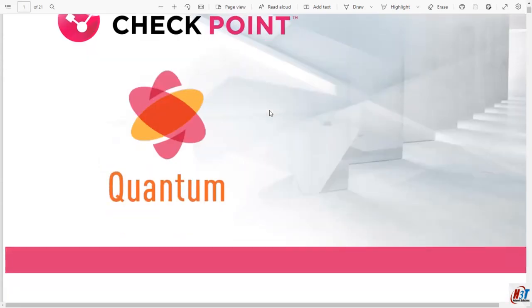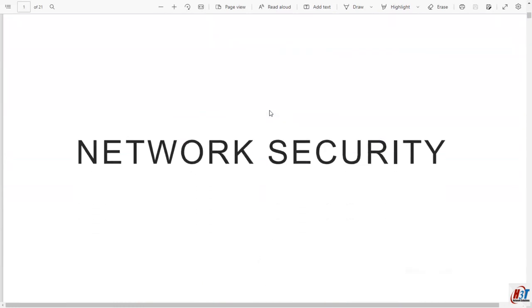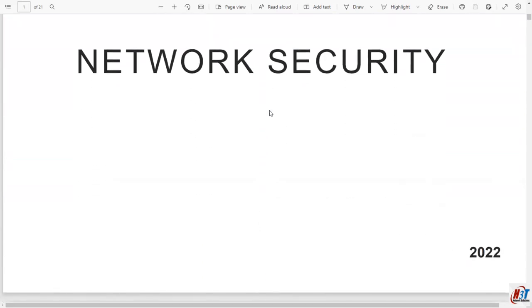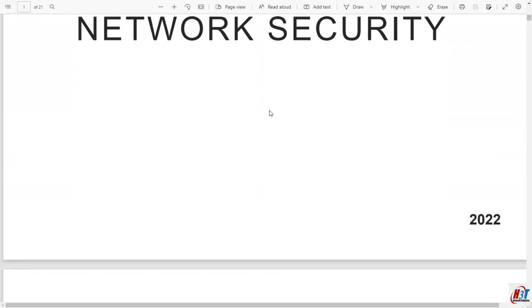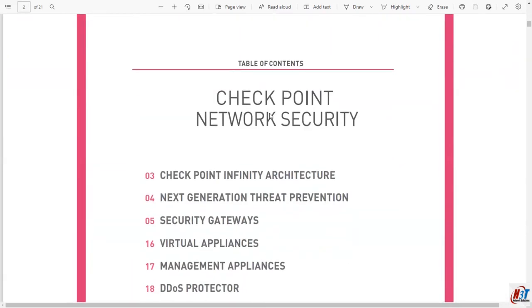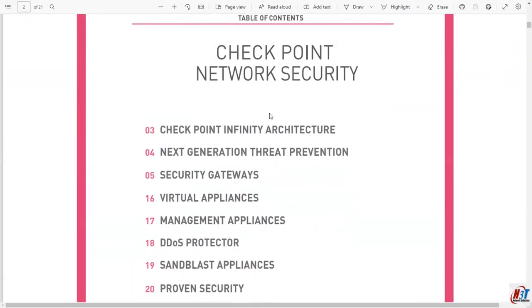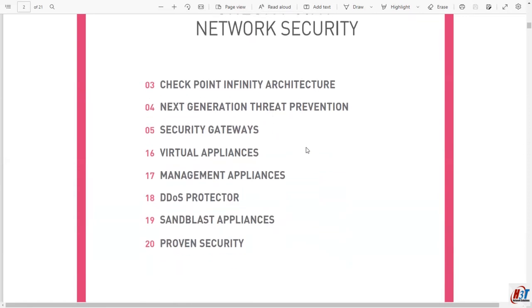So Checkpoint has renamed this product line as Quantum, and we are basically looking into the network security part. If you look into Checkpoint network security, they basically have all these product lines. Checkpoint has the Infinity architecture, then they have the next gen threat prevention appliances. They have the security gateways, which are the firewalls. Then they have the virtual appliances, and they have the management appliances, which are called the SMS, and also